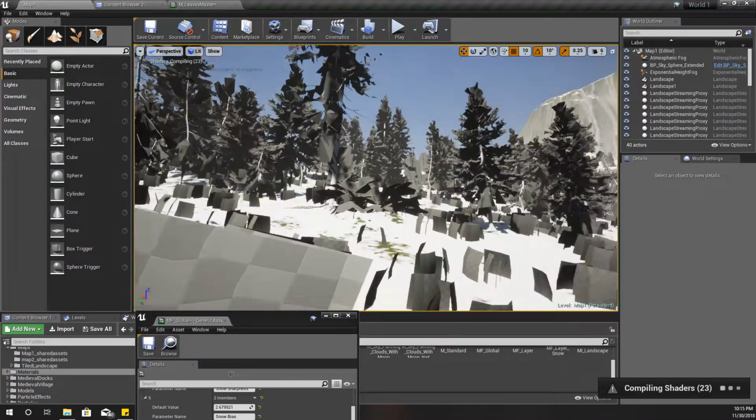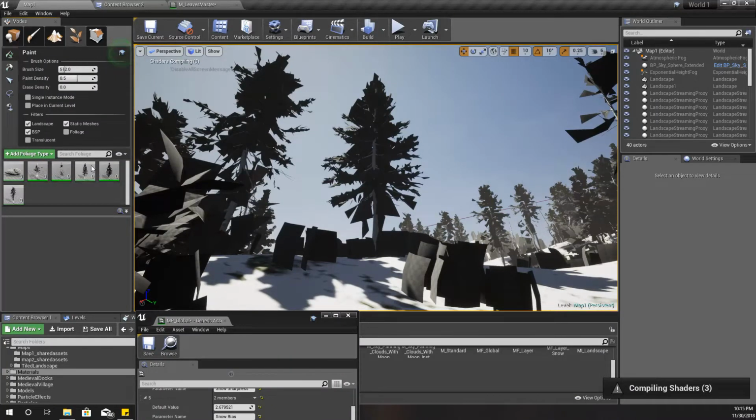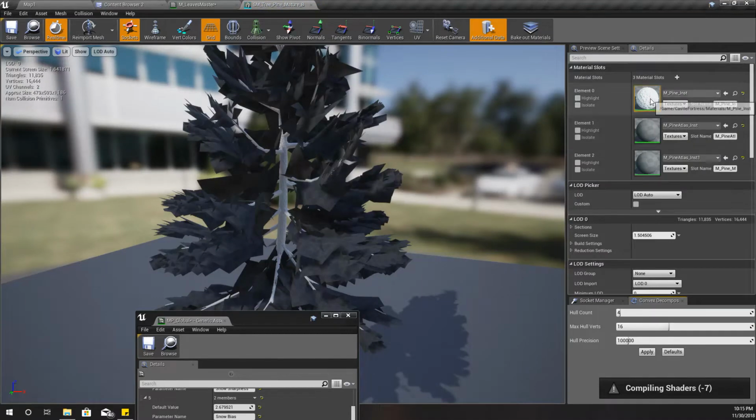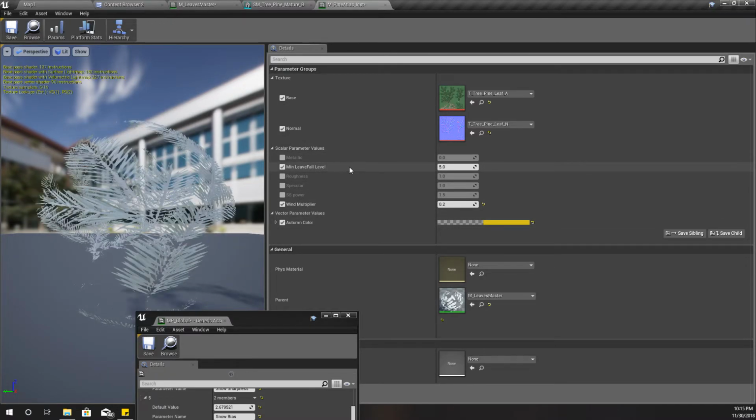Okay, the shader is compiling. Now I'll select one of these trees and select the material instance. So here I got this min leaf fall level